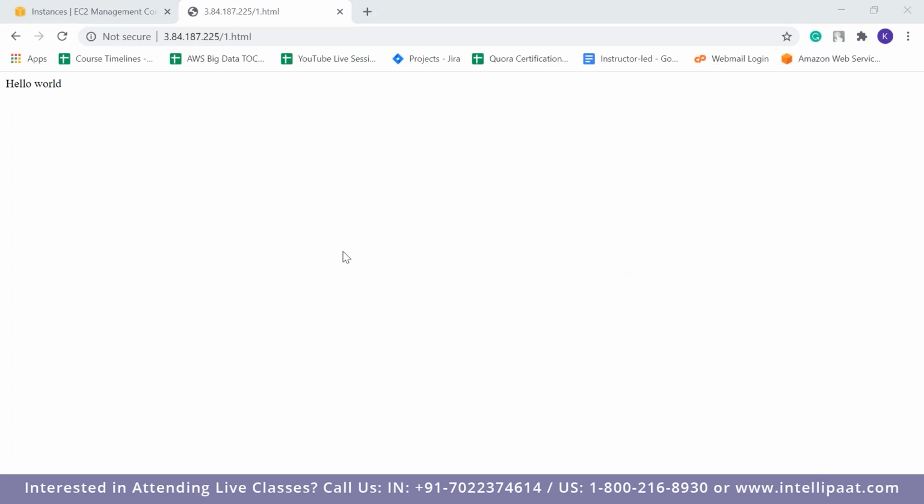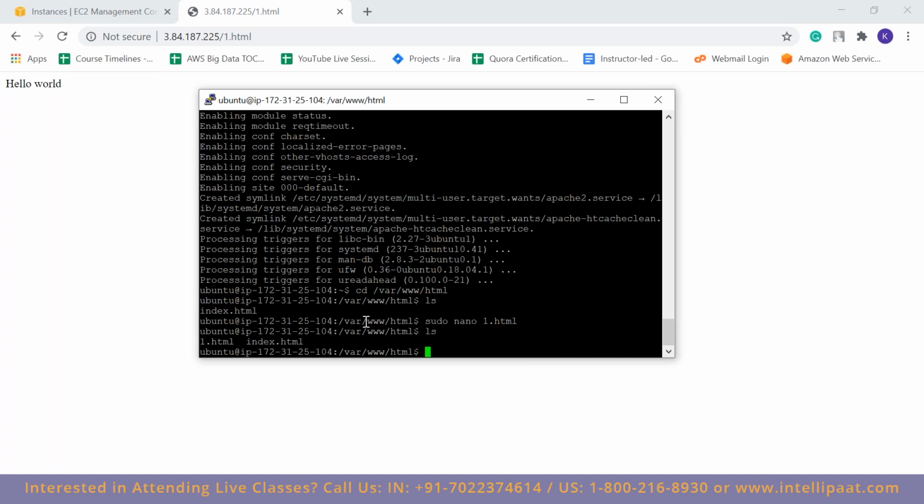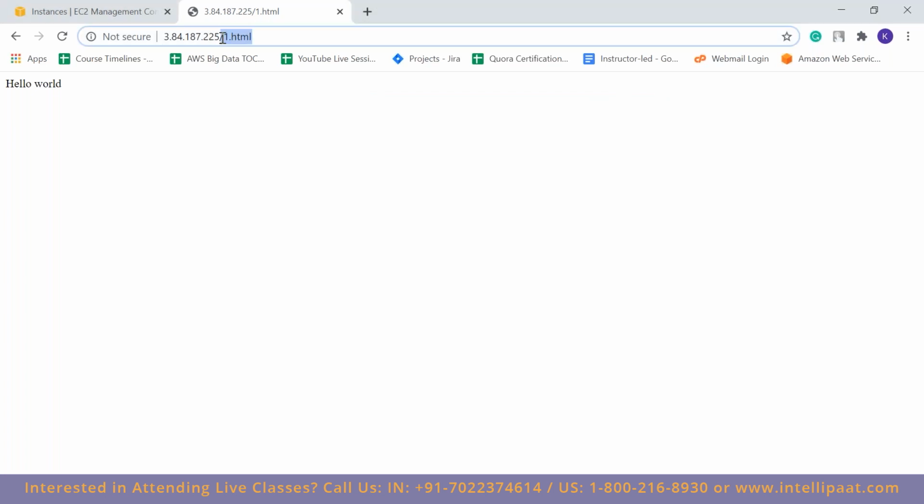Somebody asked what is Apache? Yeah, it is a web server. That's what I was explaining. It is basically a web server in which you can embed an HTML application or a PHP application, whichever you want. So this is how it works, guys, Apache 2. Whenever you install Apache 2, you can go to this particular location, var www/html, and inside that there will be an index.html page.